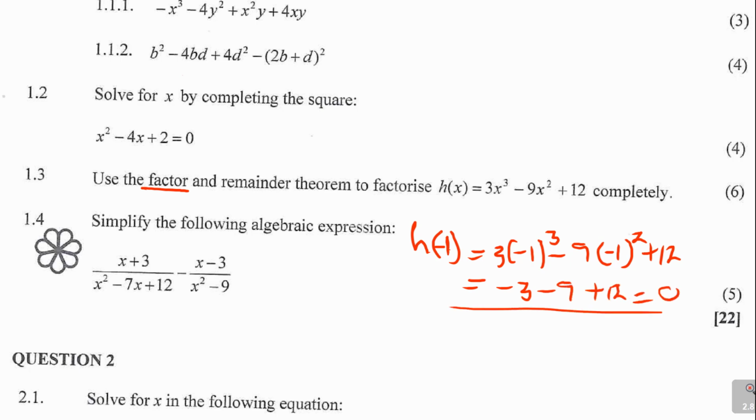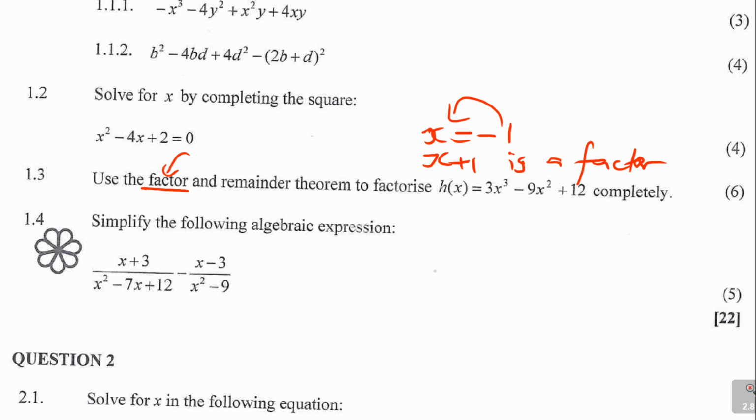It means when it's equal to 0, what does it mean? It means x is equal to minus 1, then you take it back, it means x plus 1 is a factor. That's the factor part. You see, that's the factor theorem they say. And then when x plus 1 is a factor, you are able to use the long division, whereby you are going to have your x plus 1 here on this part, and then here, look at it now, you are going to say 3x squared, and then you're going to say minus